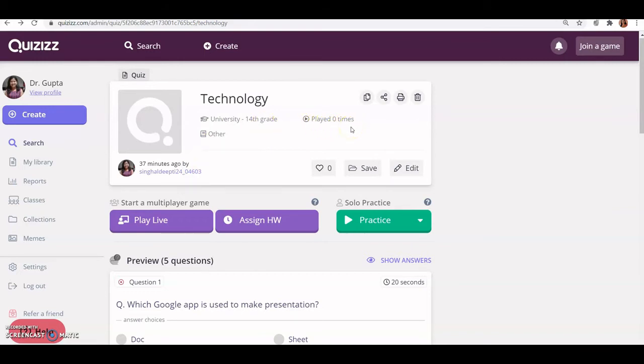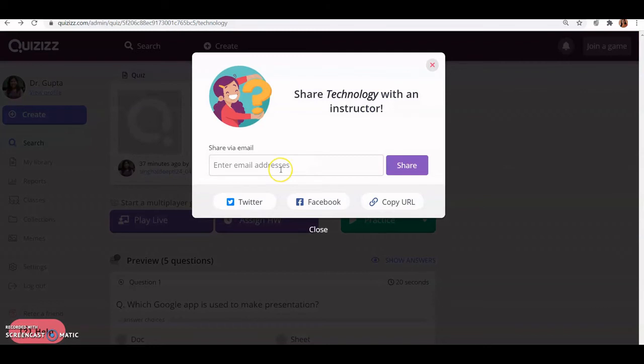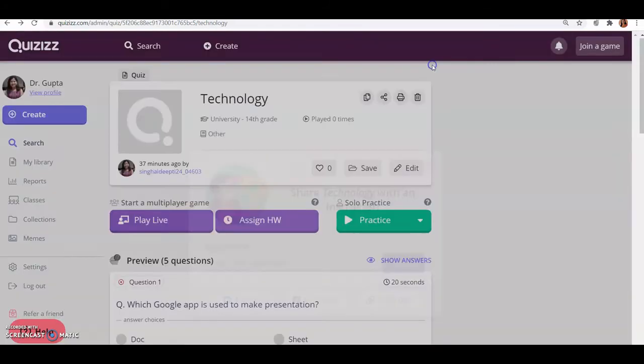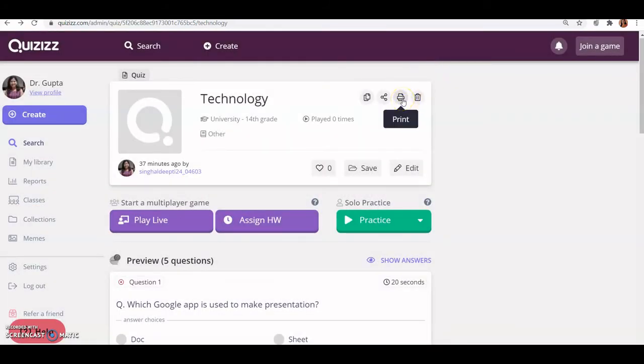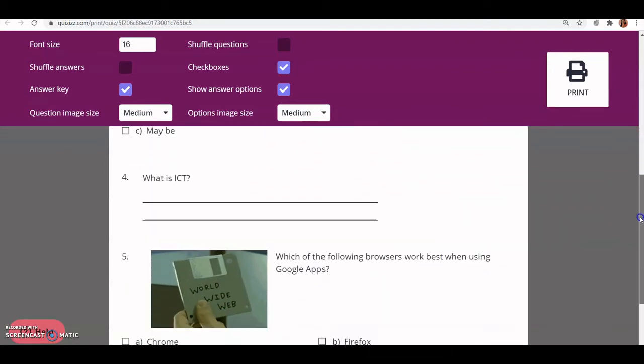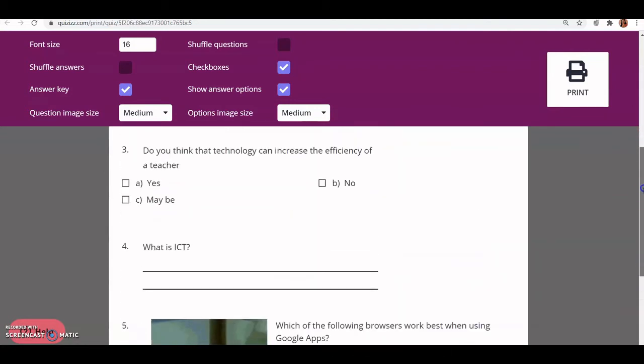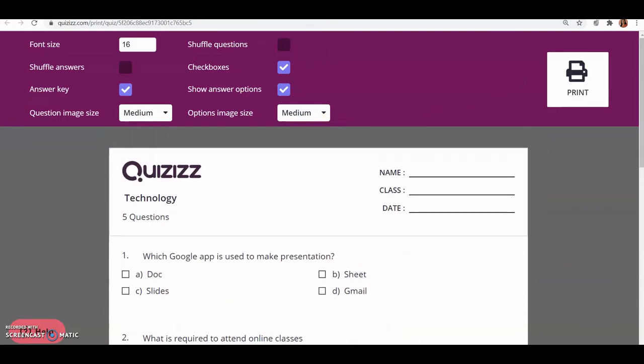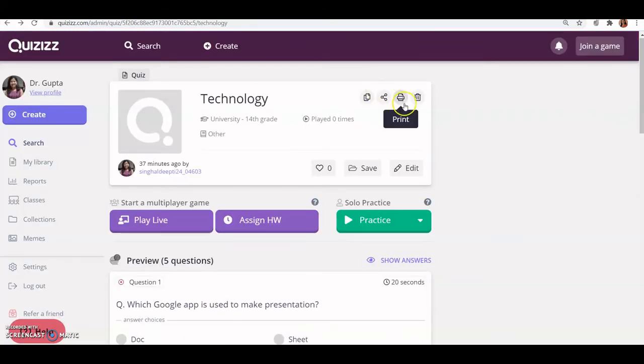And you can directly duplicate your quiz from here. If you want to share with other instructors, like your colleagues, you can get a share link from here, and you can enter the email address of your colleague. You can share it directly and they can see and edit your quiz. If you want to get the quiz in a printed format, then you can click on print, and it will appear in the printed format. You can take out the print and you can apply it in face to face mode also if you want to apply this quiz. So coming back, you can also delete the quiz whenever you are required to.